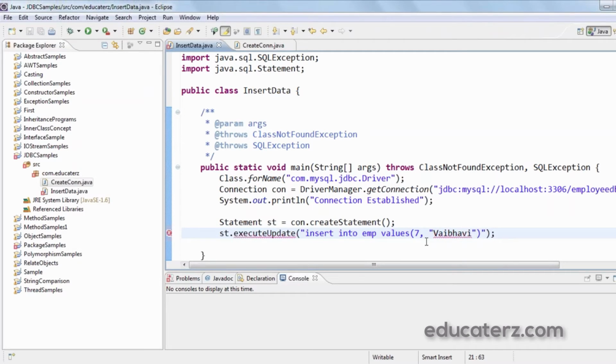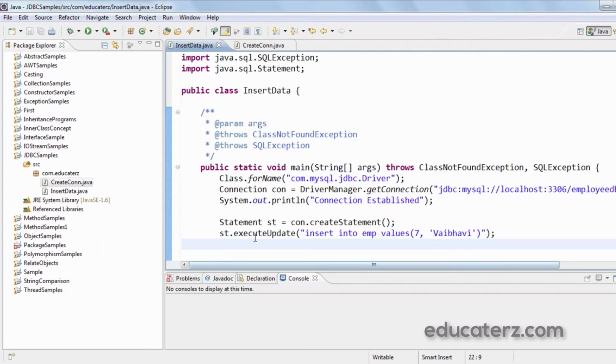Insert into employee values. So insert into EMP, that is the table name, and the values: the ID number, that is employee number, and the name of the employee.